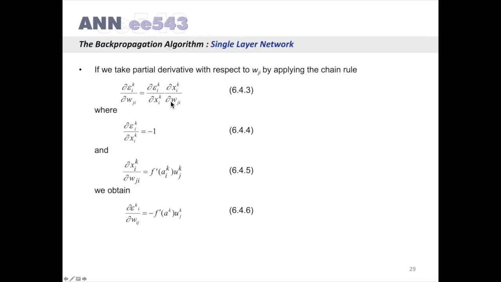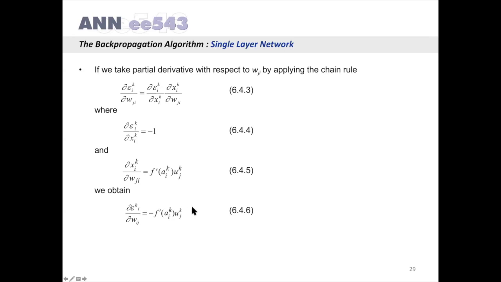And if we consider the second one, the partial derivative of the output of the neuron with respect to connection weight wji, this is f applied on the activation, and the activation is the weight vector multiplied by the input vector. Because of that, we will have here the derivative of the output function at activation ai when input k is applied, multiplied by the input. Then if we insert these two in the formula, we obtain minus 1 comes from there, minus, and instead of this one, we have f prime aik